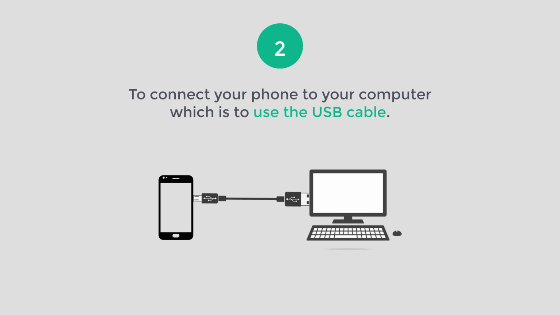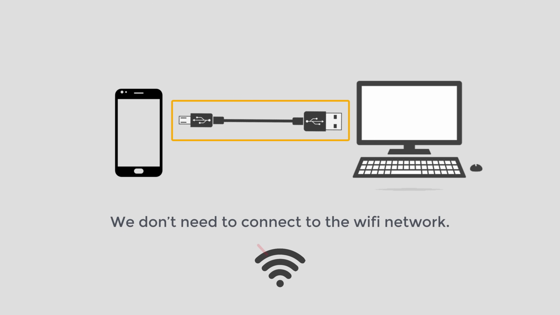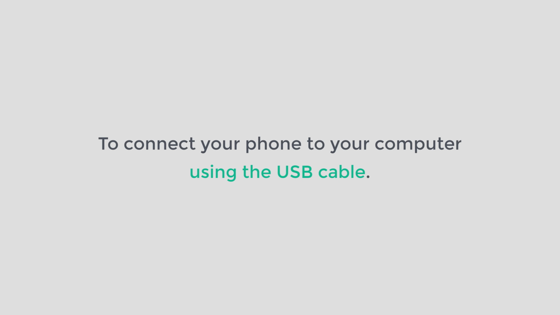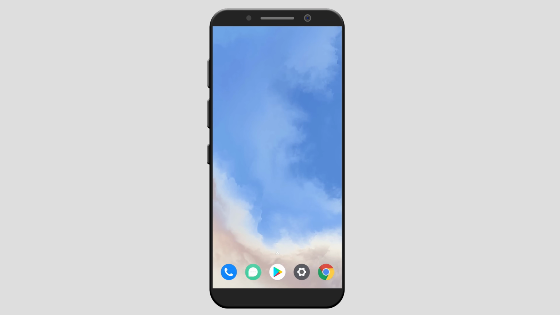Okay, next let's see the second way to connect your phone to your computer, which is to use the USB cable. As we are going to use the USB cable, we don't need to connect to the Wi-Fi network. So to connect your phone to your computer using the USB cable, first we need to enable the developer mode on our phone. So to do that, take your phone, go to settings,